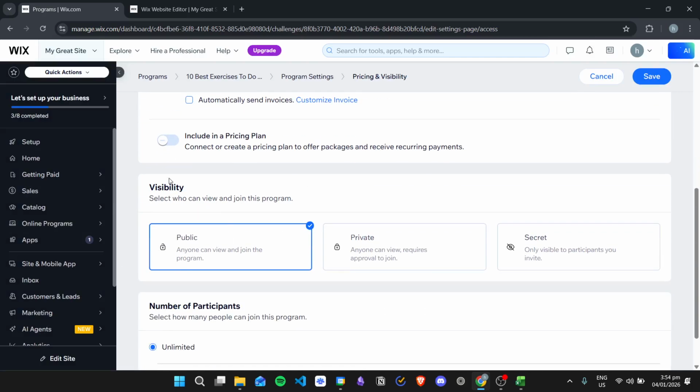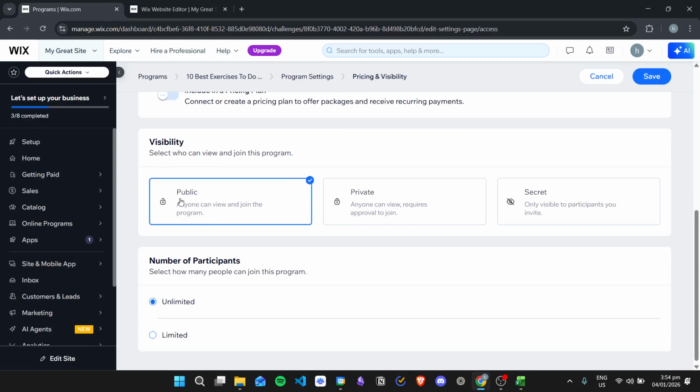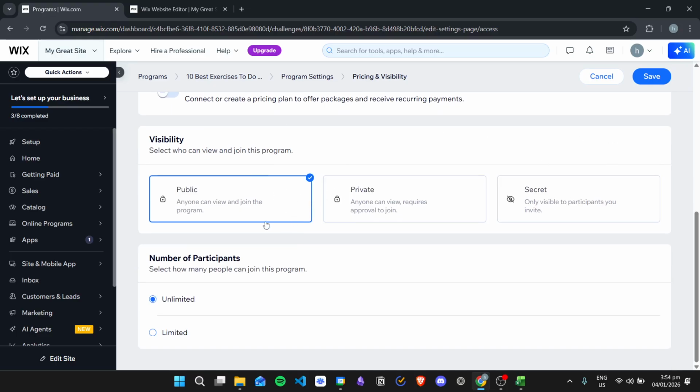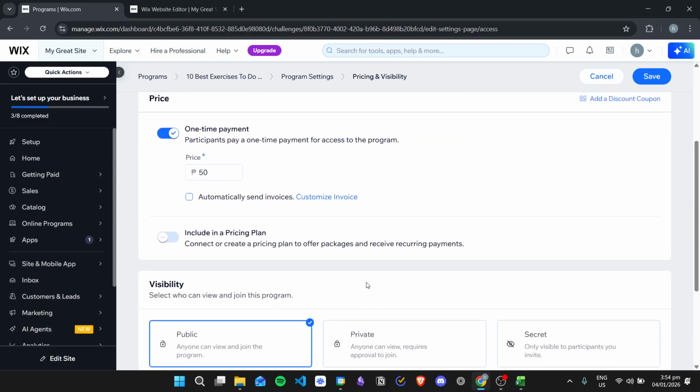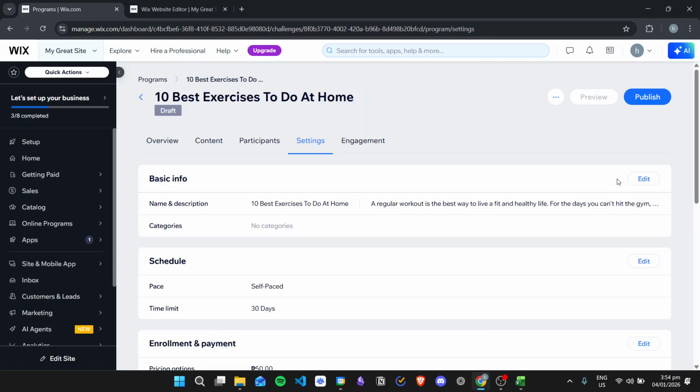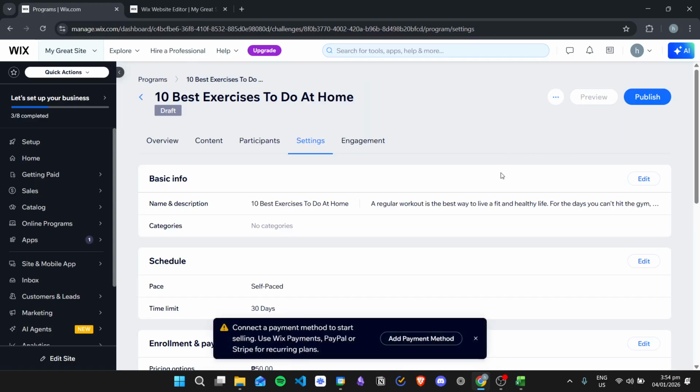Then from here, you can choose if you want your course to be for the public or for private or to be a secret so that you can only invite specific people to your course. So I'll just put public right here, and then you can also choose if you want to have a limited number of participants. So for example, if I choose limited, and let's say I only want 10 people to be in my course, you can do that as well. But I'll just choose unlimited. So click save. So now that we have our price,